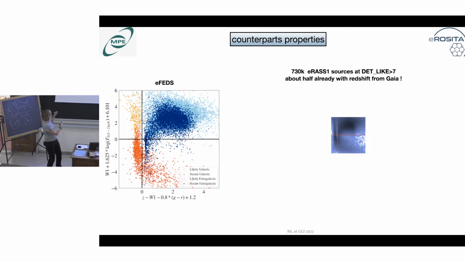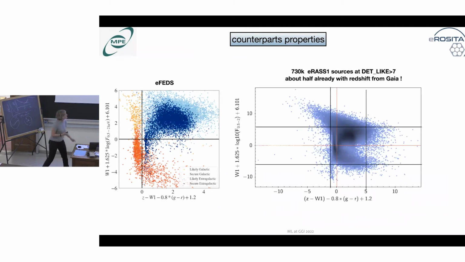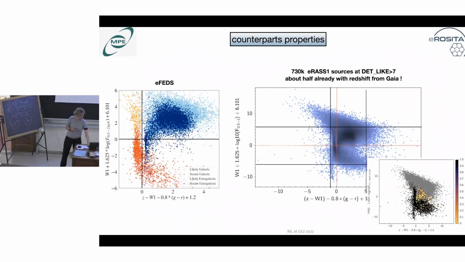So IFEDS was this part of the sky, and this is the same plot for the entire sky. And you see the feature is exactly the same, right? You see, this is the line, so these are the stars. But in reality, for the entire sky, you have much more that was not represented in the 140. And so we had to, as I said, retrain, use more parameters, and now,